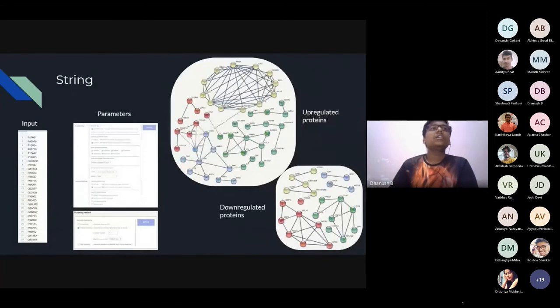Then STRING. STRING is a tool which is used to cluster and form the interaction between the proteins. The interactions were set to 90% confidence from the data, and the clustering was done for 4 clusters using the k-means clustering algorithm. In both cases, the cluster with more proteins was ribosomal proteins interacting with eukaryotic translational initiation factors.